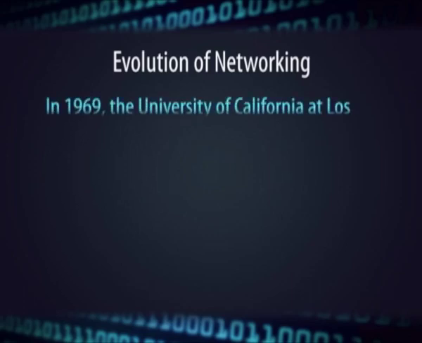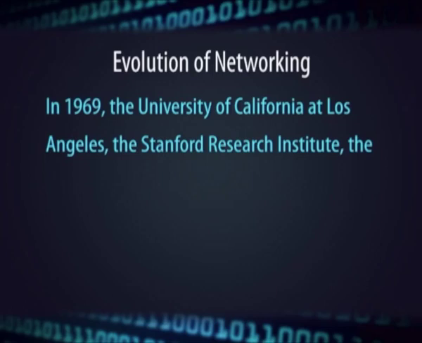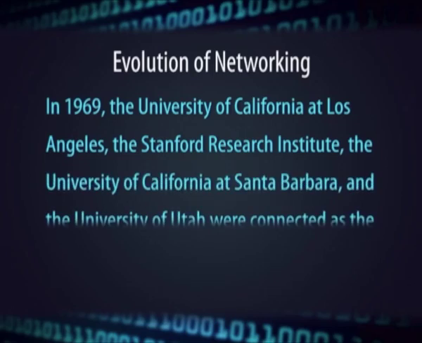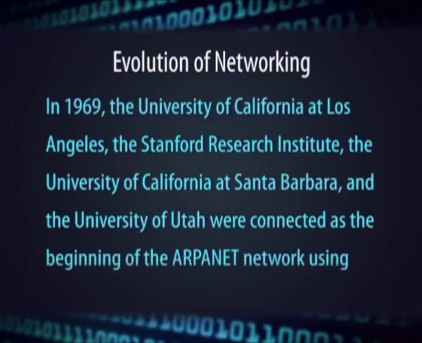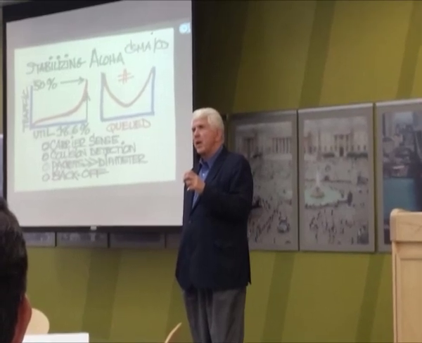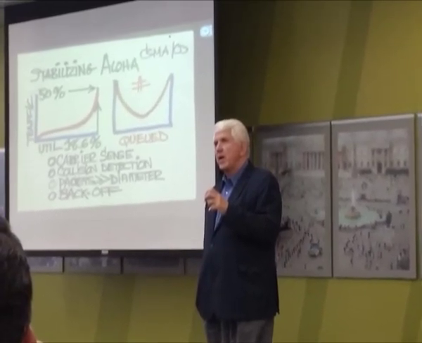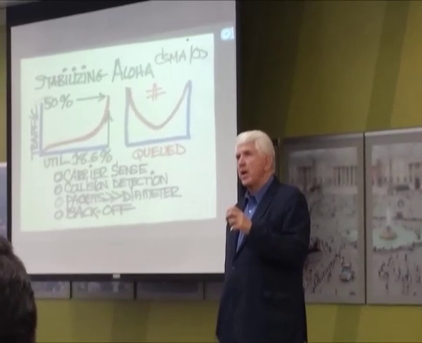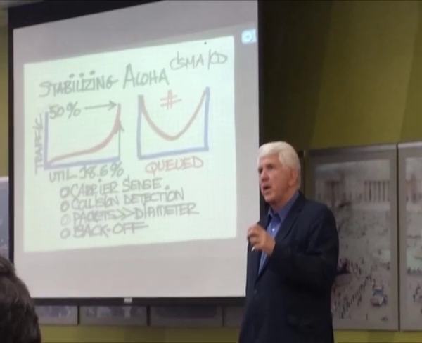In 1969, the University of California at Los Angeles, the Stanford Research Institute, the University of California at Santa Barbara and the University of Utah were connected as the beginning of the ARPANET networks using 50 kilobits per second circuits. Then in late 1972, commercial services using X.25 were deployed and later used as an underlying infrastructure for expanding TCP/IP networks. In 1973, Robert Metcalfe wrote a formal memo at Xerox PARC describing Ethernet, a networking system that was based on the Aloha Network,